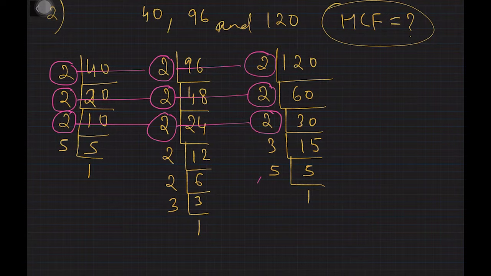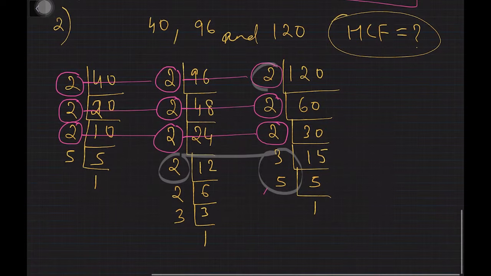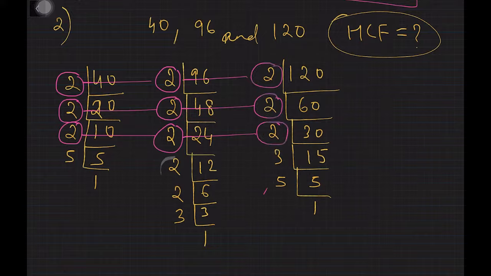Then here we have 2, but all the 3 2's have been mapped already, so we can't consider the mapped ones. Unmapped ones only we need to consider. So we have a 2 which is not mapped yet, and we have only 3 and 5 which have not been mapped yet, so we can't connect them because they are not the same. And similarly on the right hand side, on the left hand side you have 5 alone, there's no 2, so hence we can't map the numbers anymore. So we will have to stop with this.